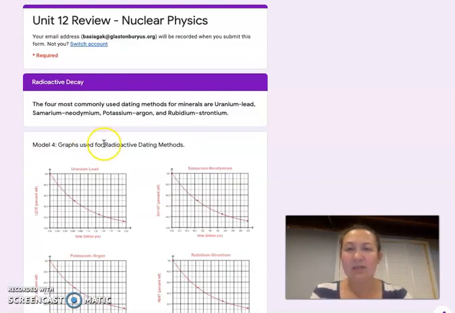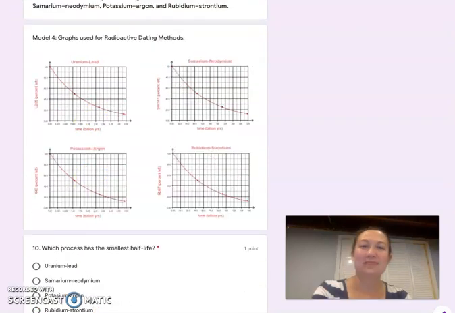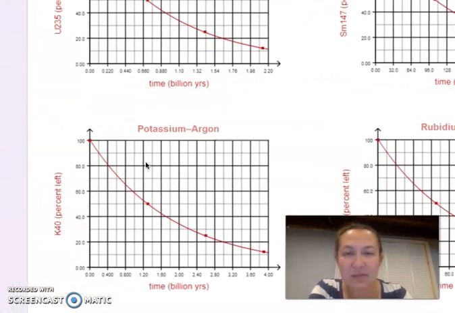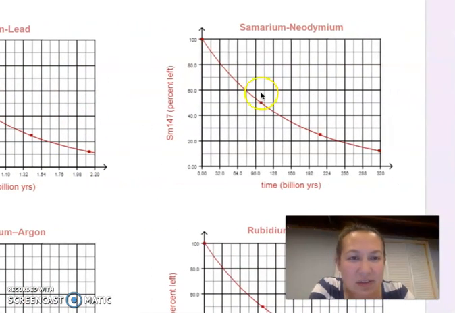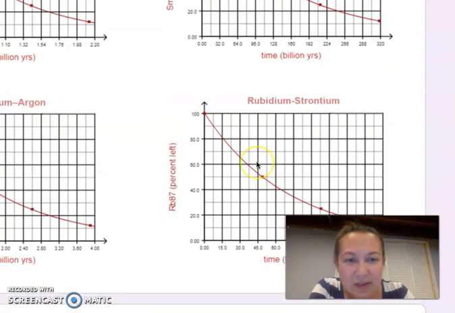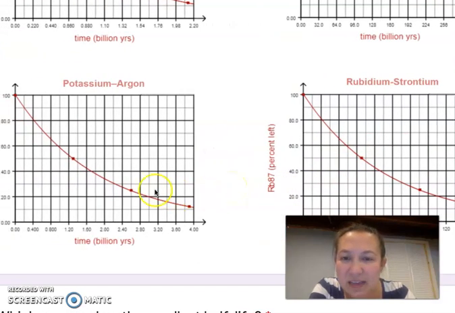Okay, so in the next section, section 3, we have radioactive decay. The one with, let me zoom in here. Remember that half-life is the amount of time it takes to go from 100% to 50%. So the uranium half-life here is 0.67 billion years. Well, that's faster than 95 billion years over here. That's faster than 46 billion years for rubidium, and that's faster